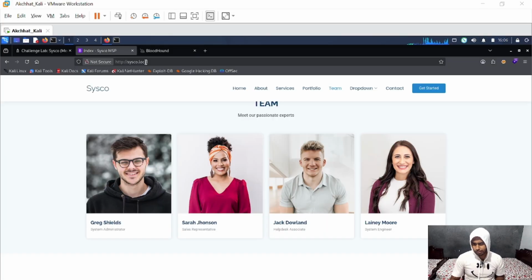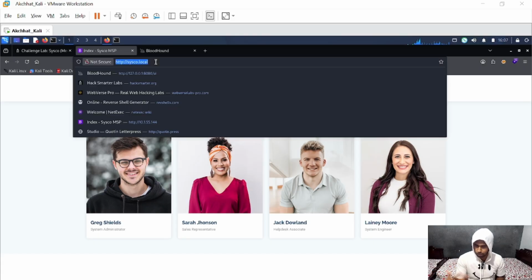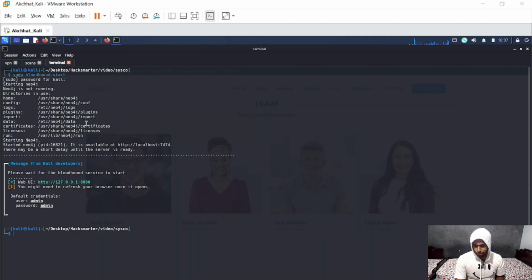And while that is running, when we see a web server running, it is very important to look at the directories, or the hidden directories, I would say rather, that may be a useful path and that is worth looking at. So we are going to run dirbuster, or run a directory brute force kind of thing, to find the hidden directory. I'll just copy the URL here, and on my new terminal, I'll clear this up,